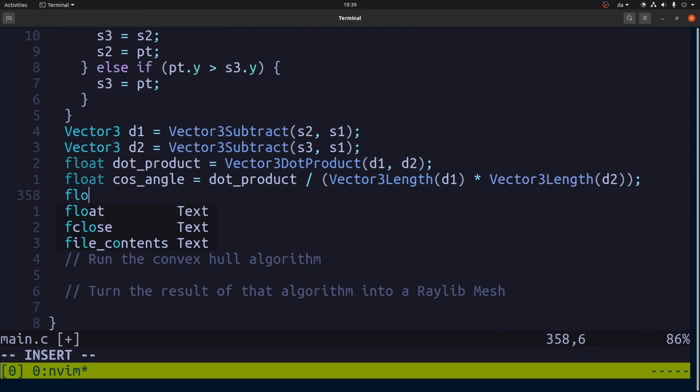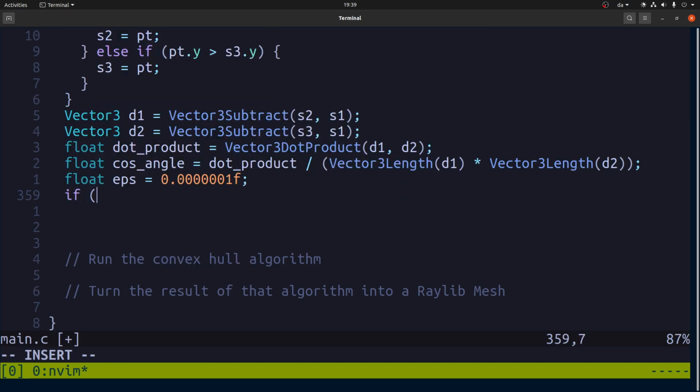And then I guess we need an epsilon, so let's do an epsilon, and if the cosine of the angle minus 1 is less than this epsilon,